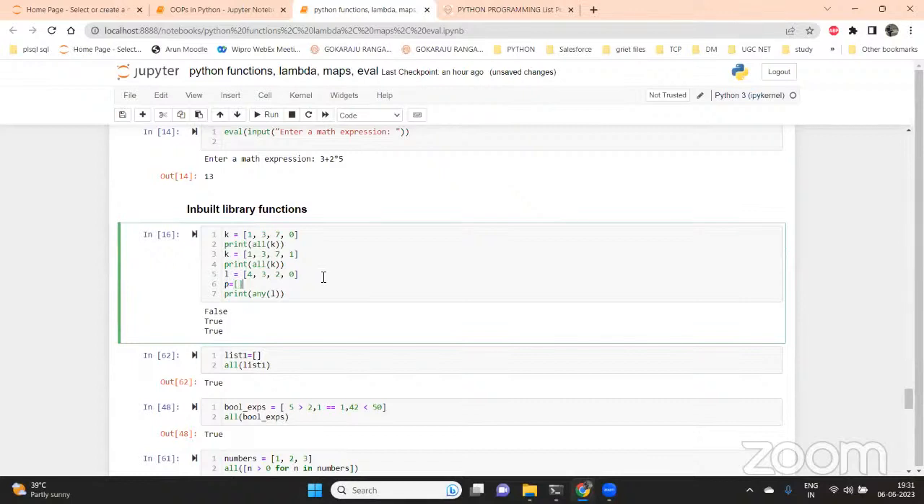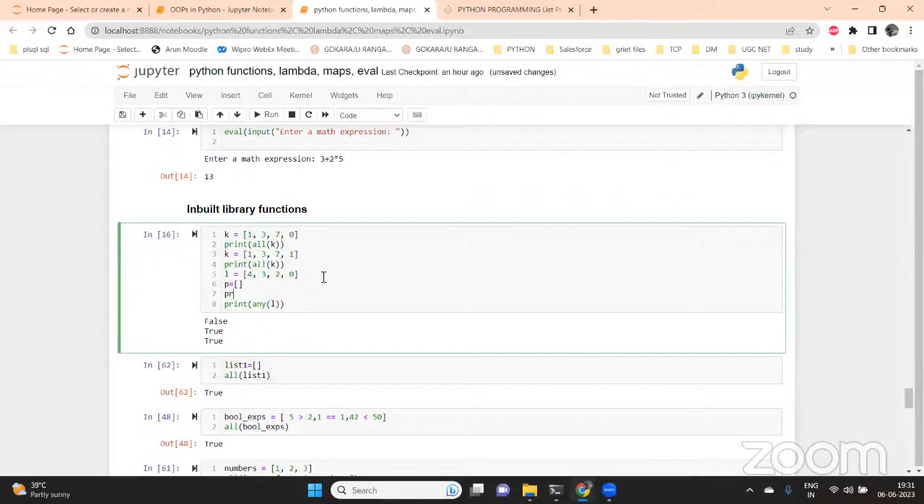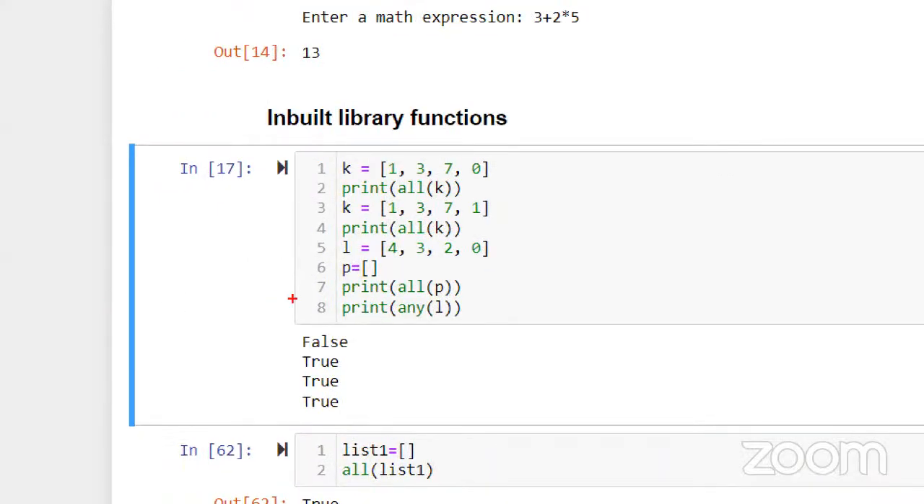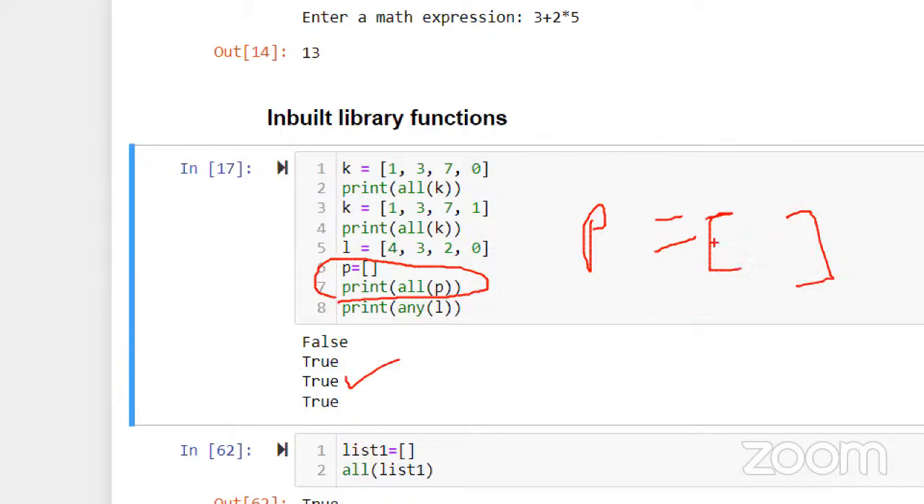For example, if I write print P, then I'll write print all of P. What will be the output of this? True. It is returning true. So again, don't get confused. If you are checking the all condition for an empty list, empty set or empty dictionary, it will always return true